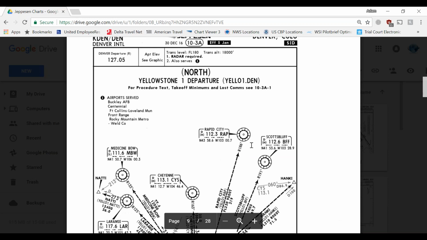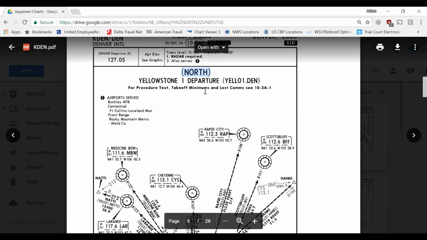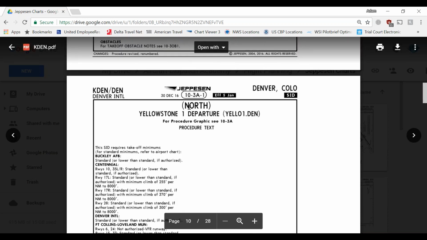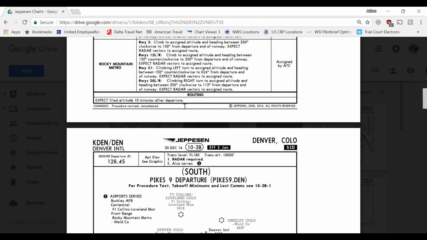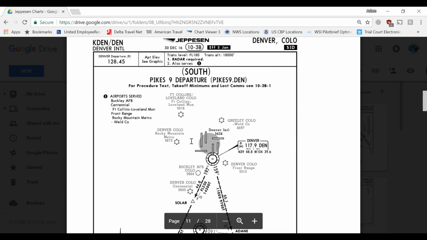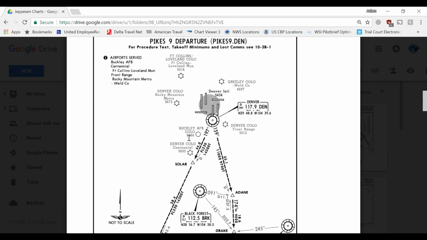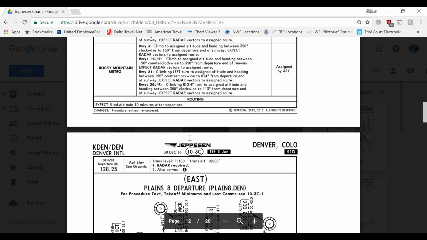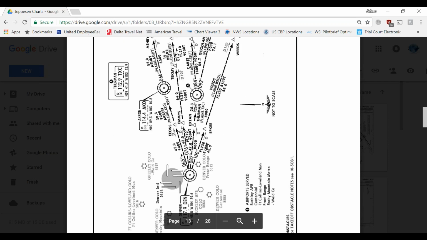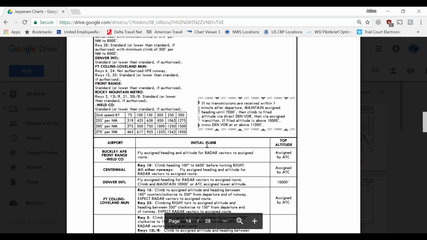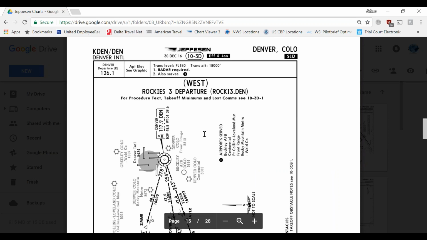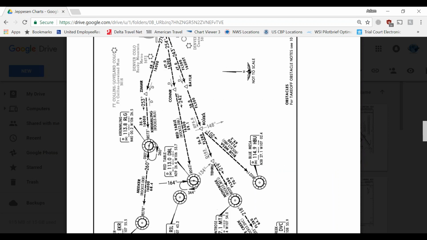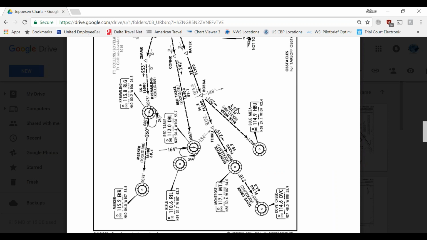Okay, so here's our first one. This is the Yellowstone one that goes to the north. That's still Yellowstone 1. The Pikes 9 goes to the south. There's that Plains 8 that's not authorized right now. There's the Rockies 3, goes to the west. Now this one, the side goes like that, but anyway, we can